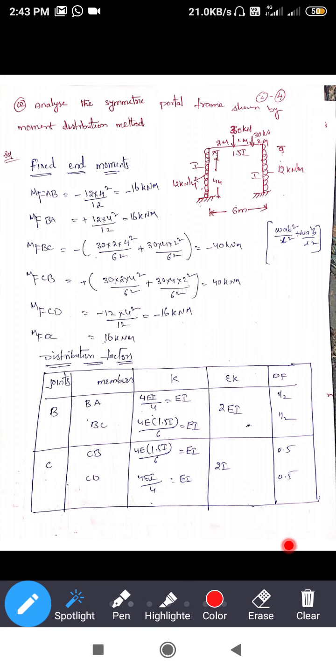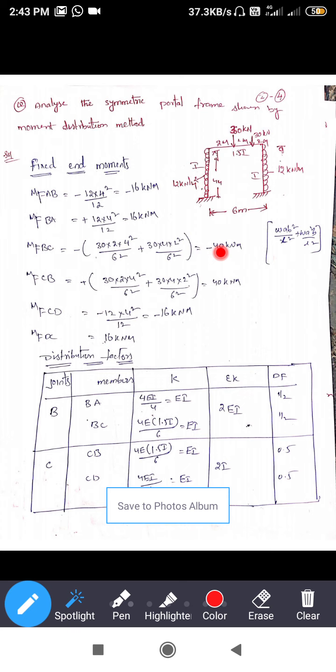So next, same as before, you can neglect this 30 kilonewton point load. So here W, A is nothing but here to here, that is 4 meter, B is nothing but here to here. Okay, this is the A, this is the B. In the same way you can find out the moment force C to B. So it is quite reverse. So here minus 40 kilonewton meter, here plus 40 kilonewton meter.